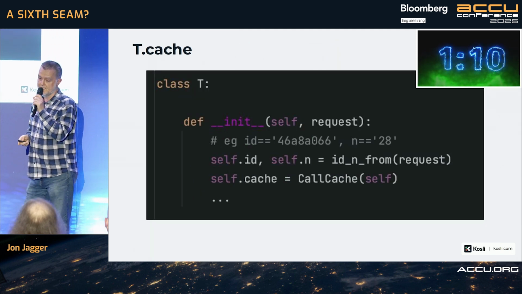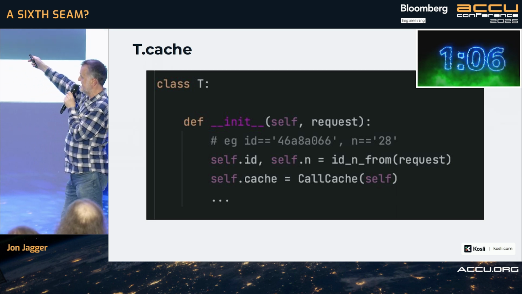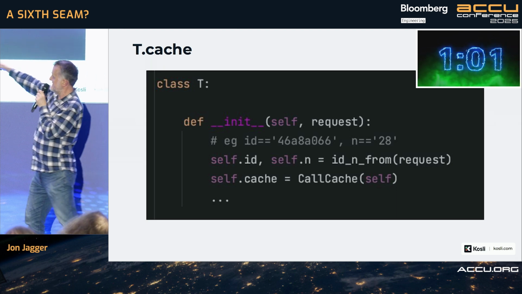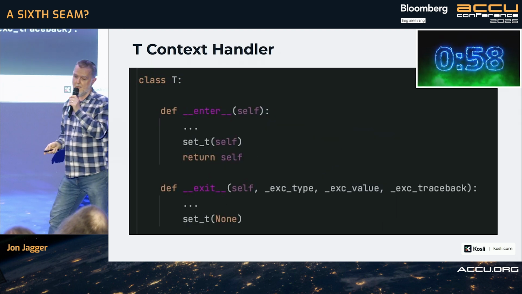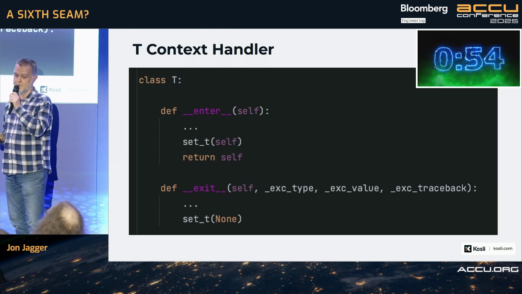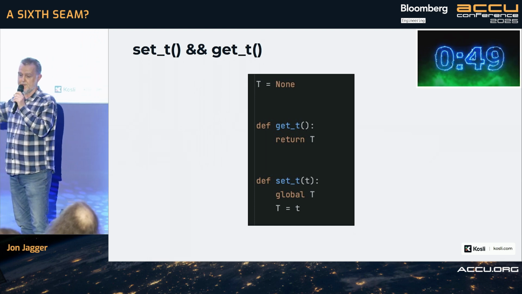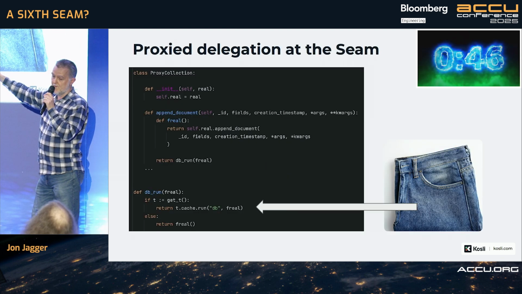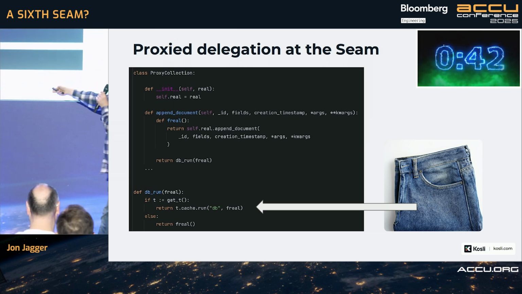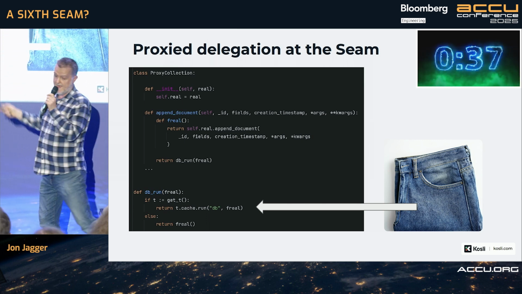So here's the T constructor. Importantly, the T object knows its own ID, so as the comment says, in this case, T.ID would be the ID of the test. And inside the test object, T, we have a cache. The entry and exit sets T for the individual test run. T is a global, yes. We could do this with thread local storage if we had to. And then at the seam, you replace, and here's the seam. You call across the cache. DB is the name of the seam. And with proxying, we can pass the real thing so that we can call that if we need to.